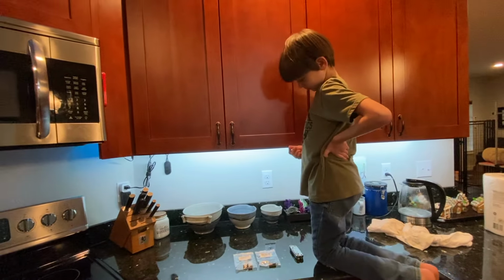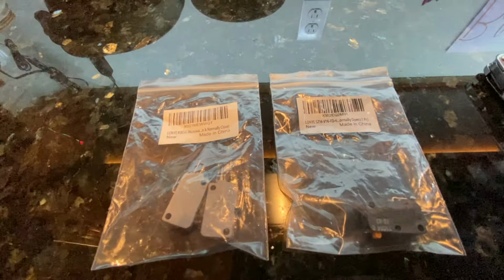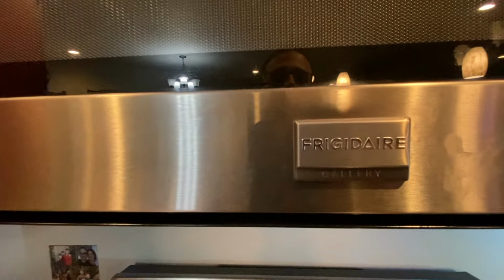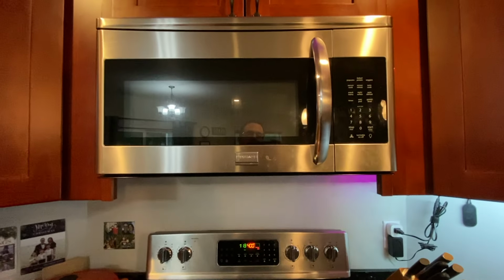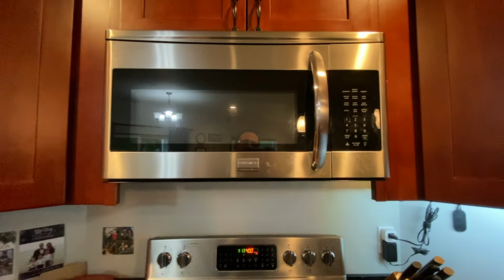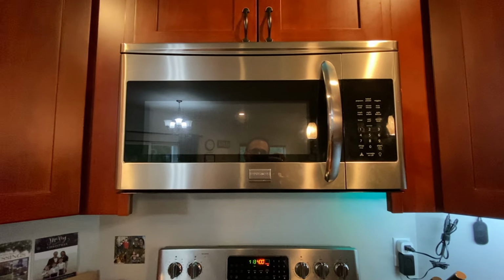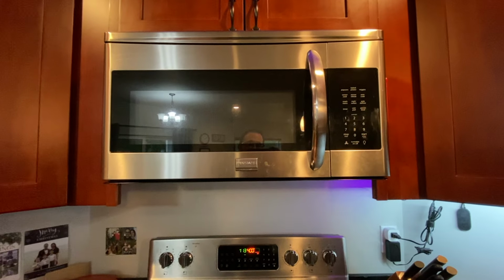We're in right now because we need to replace a few switches in our microwave. These are switches in the door, or for the door. We got this Frigidaire Gallery style microwave, which is basically something that was just installed. It's a pretty budget microwave installed with the house, and it works fine, except that every once in a while